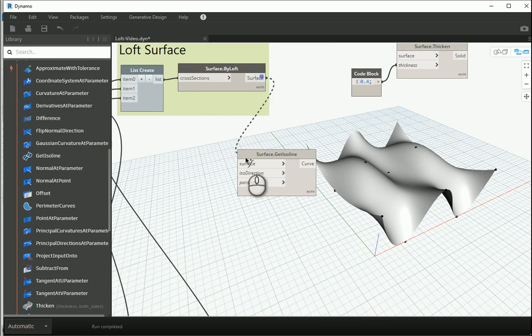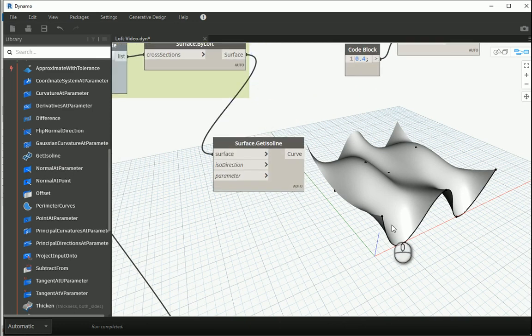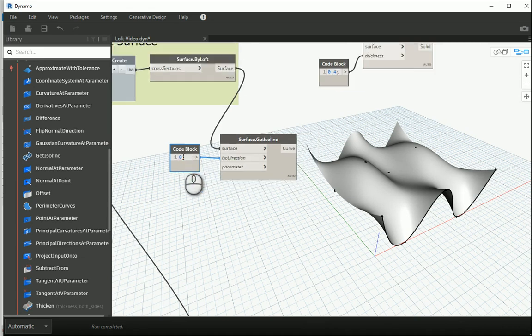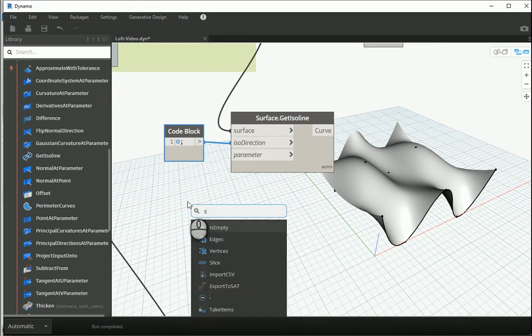surface to surface. As soon as you do that, it's going to create one line here. You can also assign 0 or 1 to ISO direction. If you assign 0, the line is going to be over there. If you assign 1, it's going to be in the other direction. So let's say if your structure is made up some lines on top of the surface, then you need to assign a set of lines on the 2 directions. So if I go with like sequence